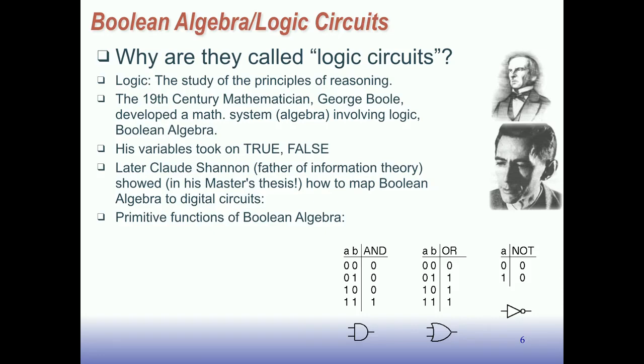So if you want to make your circuit simpler, you could express it in a mathematical way with Boolean equations. Then you could manipulate the Boolean equations, maybe cancel out some terms, and all of a sudden now your circuit got simpler, right? Or your circuit got faster, right? You can do that without playing around in the lab with a breadboard and trying different gate combinations. You could do it on paper and pencil with the equation. So that's a